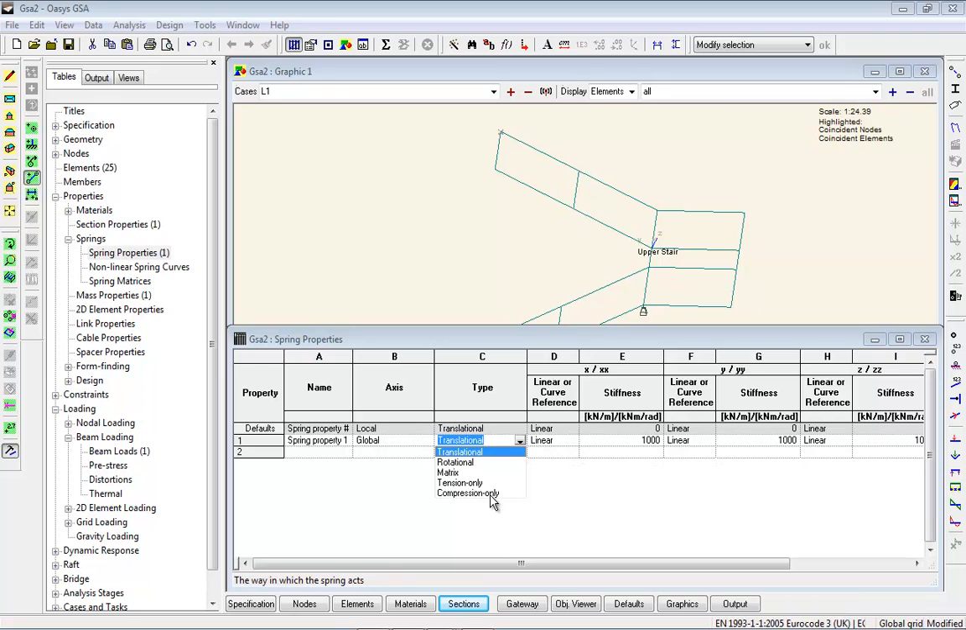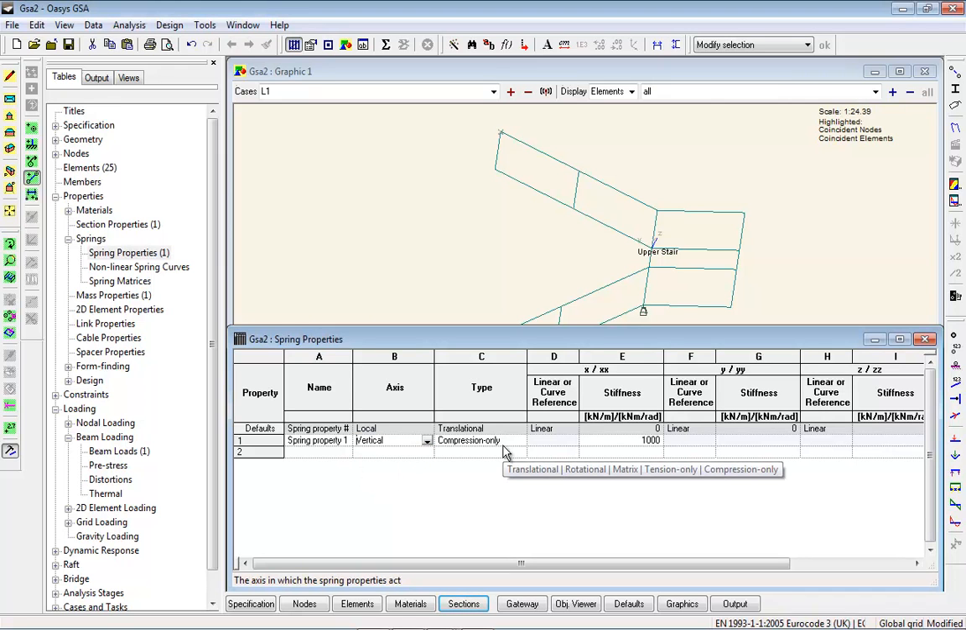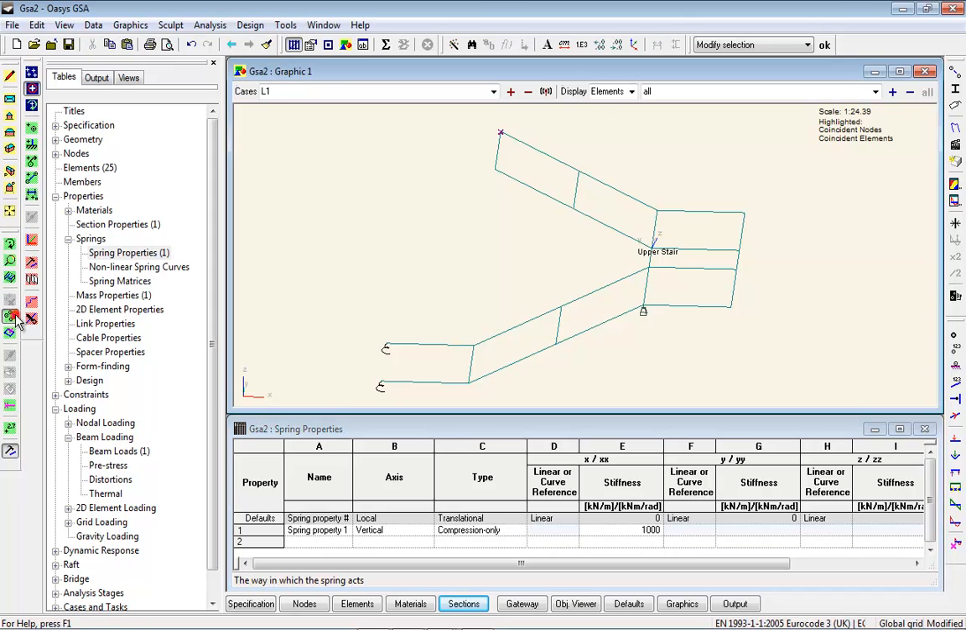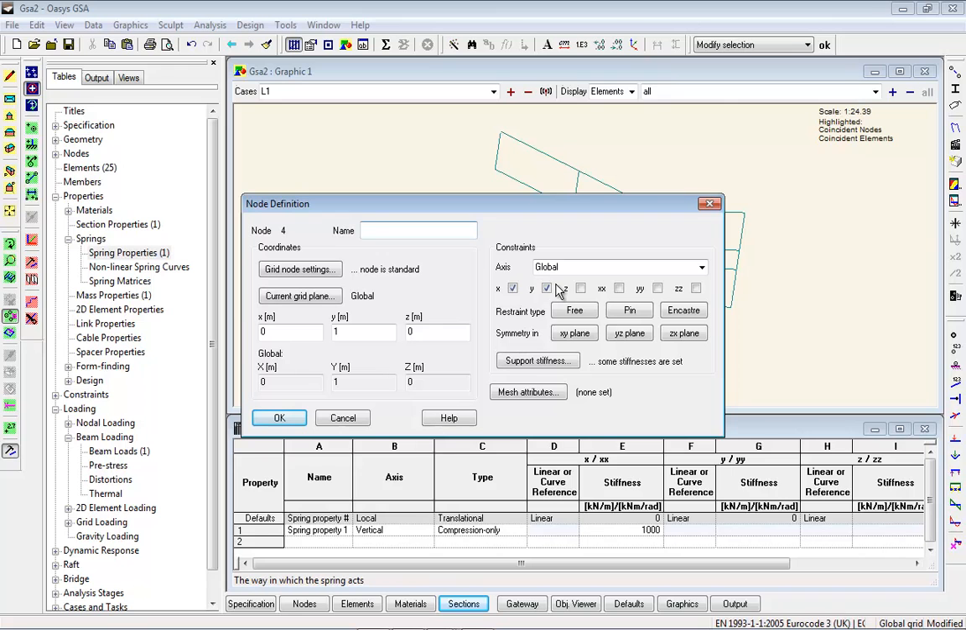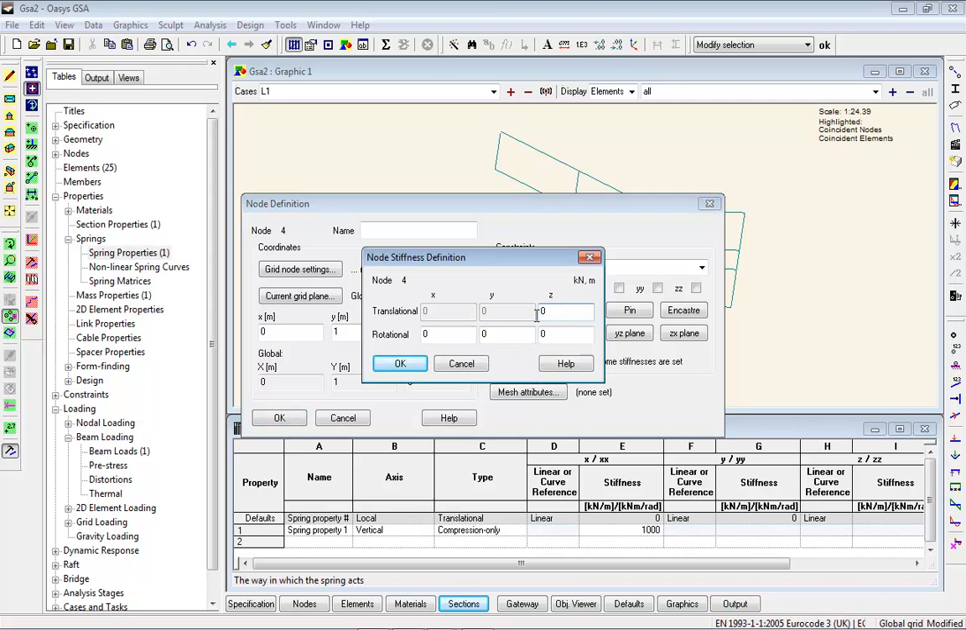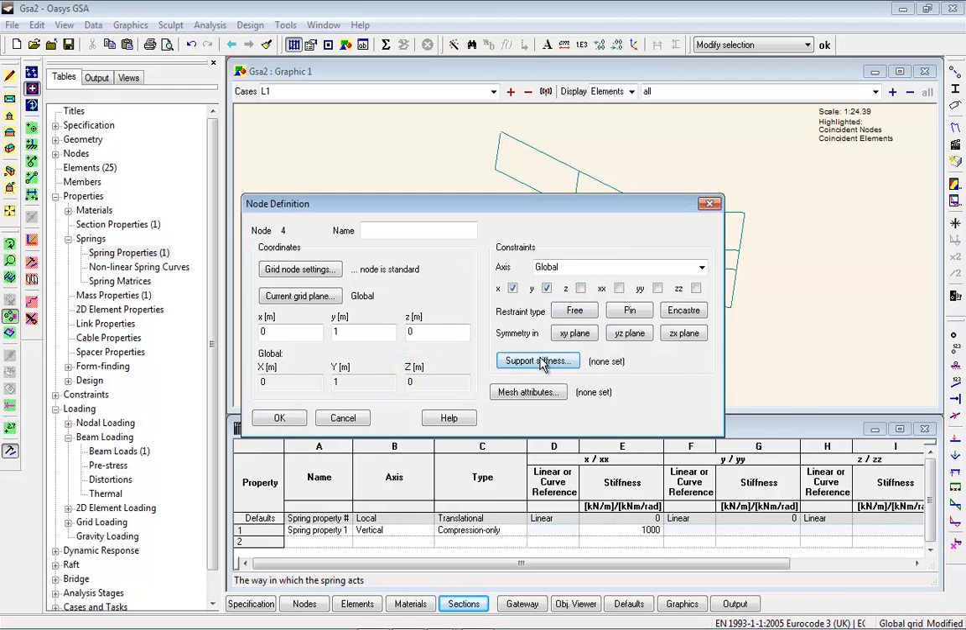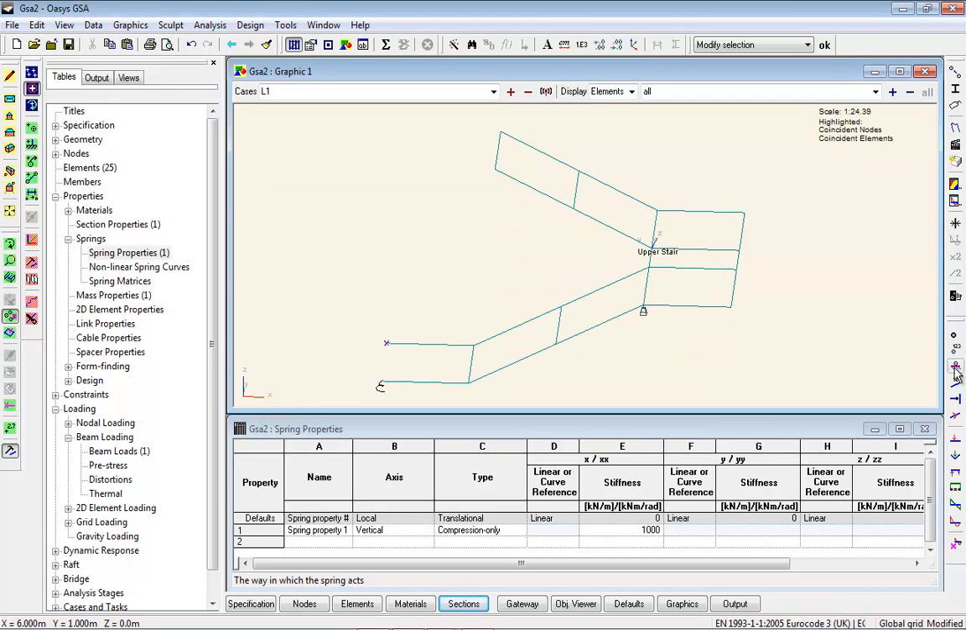Now, the cunning thing about ground springs though is that you can make these compression only and make sure it's vertical. Now if this is a vertical compression only ground spring, I will just go into that element there, make sure it's completely free, just give it an X and Y stiffness,